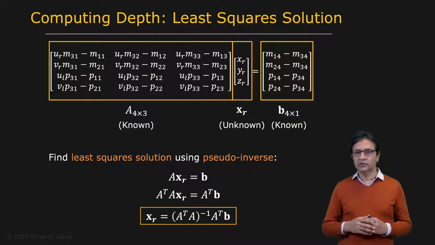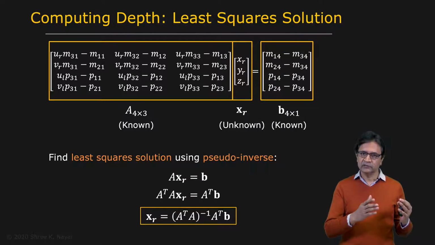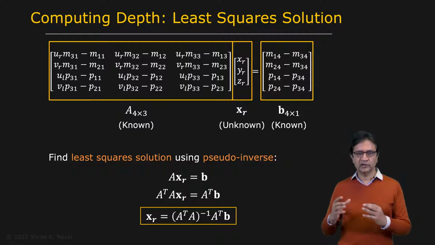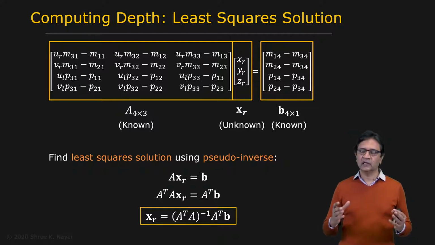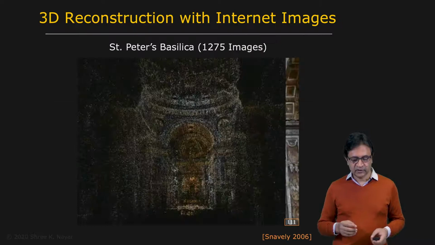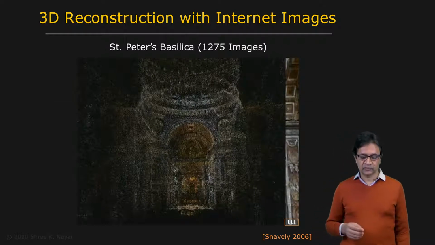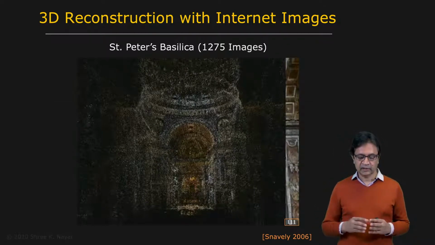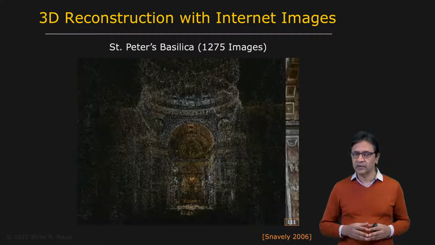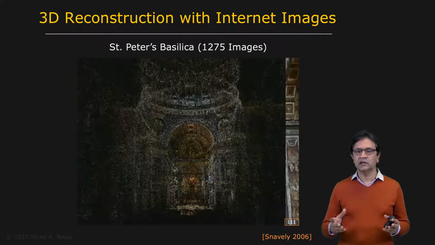So now we know how to go from arbitrary views to depth maps of the scene through this calibration process. This technique has a very long history, and it has been used more recently to create some very impressive systems. One of them is this system called Photo Tourism, which was developed by Snavely. It's an interesting system because it basically goes out to the internet and grabs images of the same site.